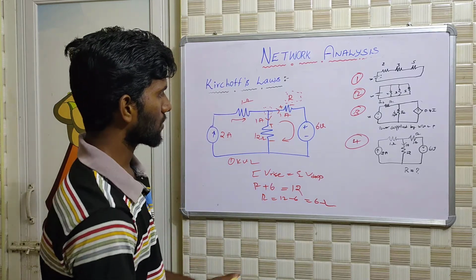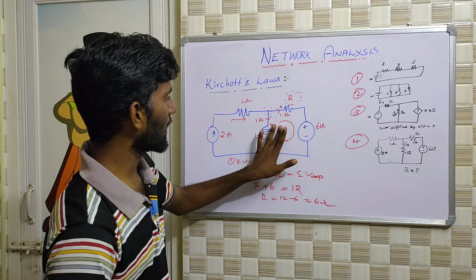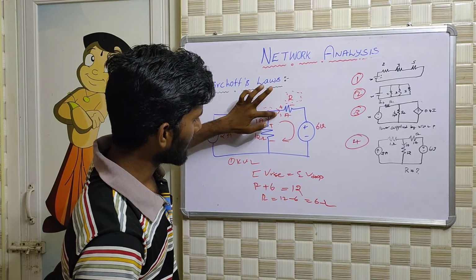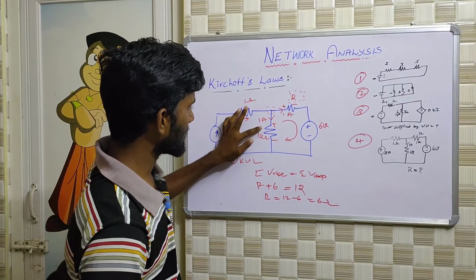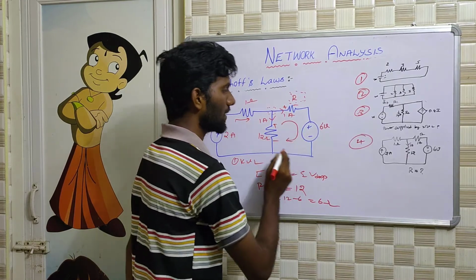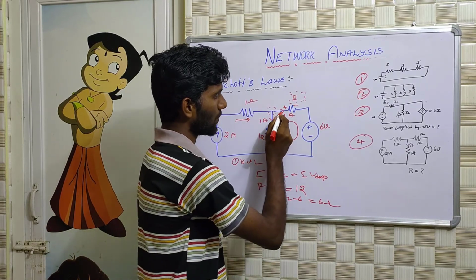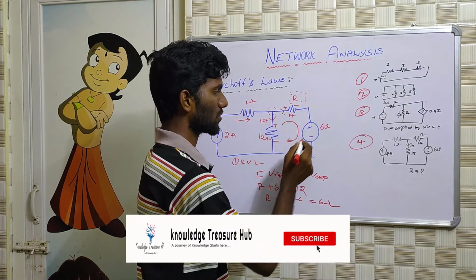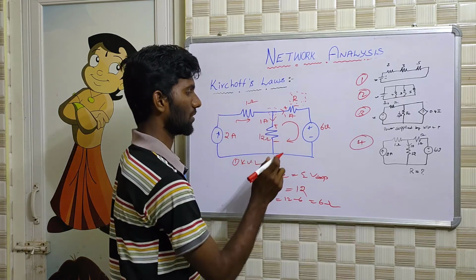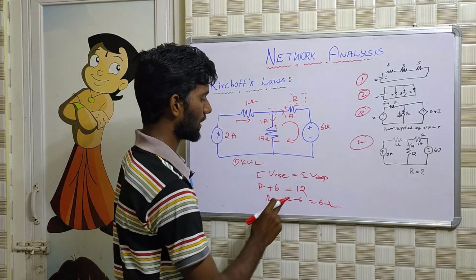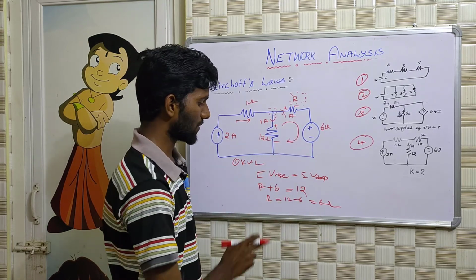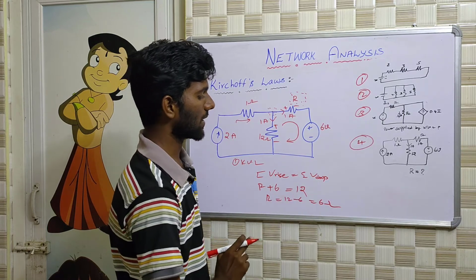Simple example. So here we are applying KVL across this loop. Since current is in this direction, here also current is in this direction. We are applying KVL in this loop in this direction. So current is positive, so this is V rise. Here also positive entering, so V rise. Here we are entering in the negative direction, so V drop. So sum of V rise is equal to sum of V drop. So R plus 6 is equal to 12. So R is equal to 12 minus 6, that is equal to 6 ohms.